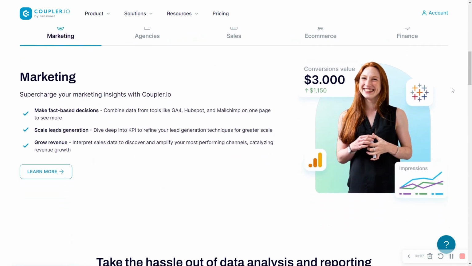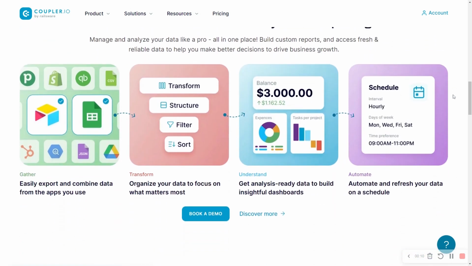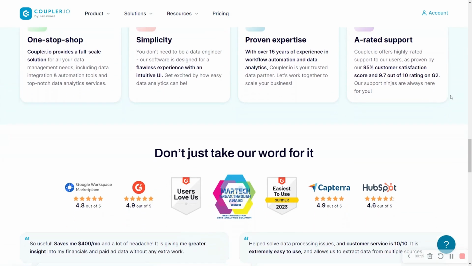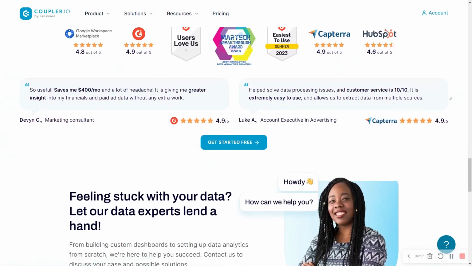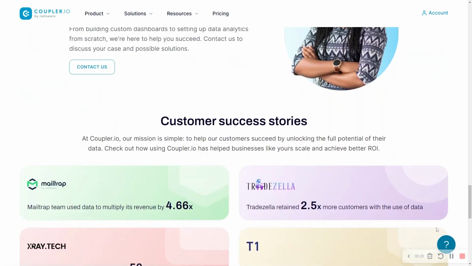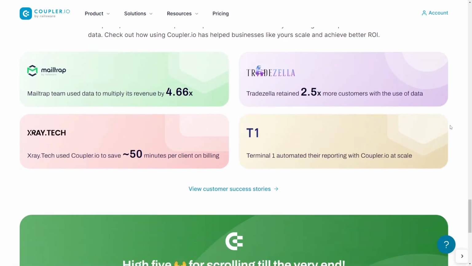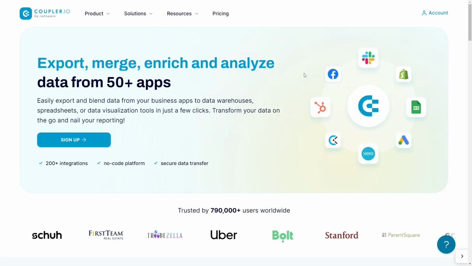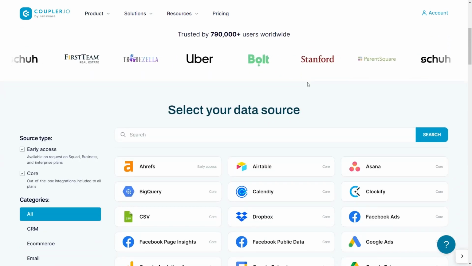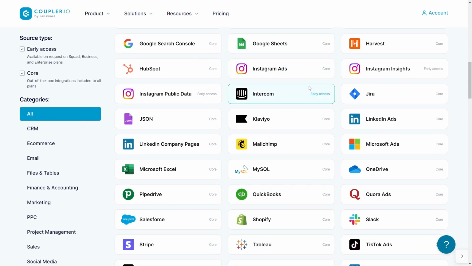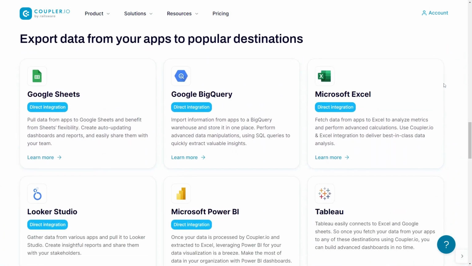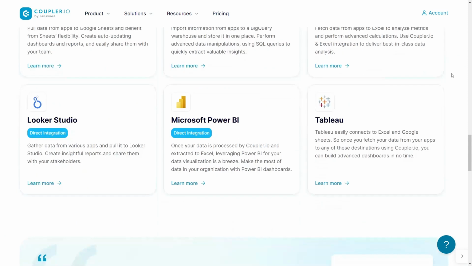I'm going to quickly cover what Coupler is about. So Coupler is a data pipeline tool which allows you to back up data from any SaaS system to databases like spreadsheets. It's not fair to call spreadsheets databases, but you get the idea. So think of use cases like exporting data from Pipedrive to a Google Sheet. It could be a one-time thing, or it could be a regular event where you take backup of your Pipedrive